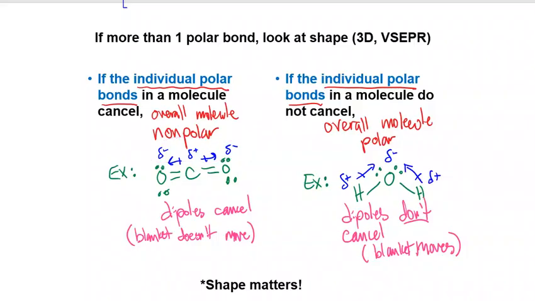Now, I said that I wanted to draw this in a different way, so I drew the water in a way that showed really clearly it was bent. If I drew it like this, that's an equally correct Lewis dot structure. When we put in our bond dipoles, however,